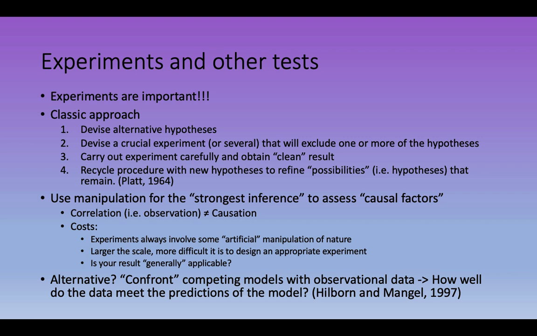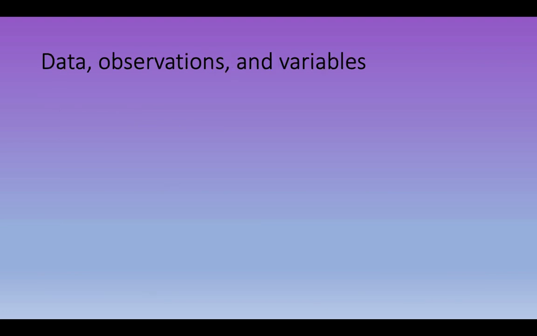There's an excellent book by Hilborn and Mangel about this called The Ecological Detective, which talks about whether I can explore the likelihoods of different types of models given the data that I have. In some cases, especially ecological cases where we have so much information, it may be difficult to do experiments, but easier to take this other approach, which feels a lot more like an abductive approach.